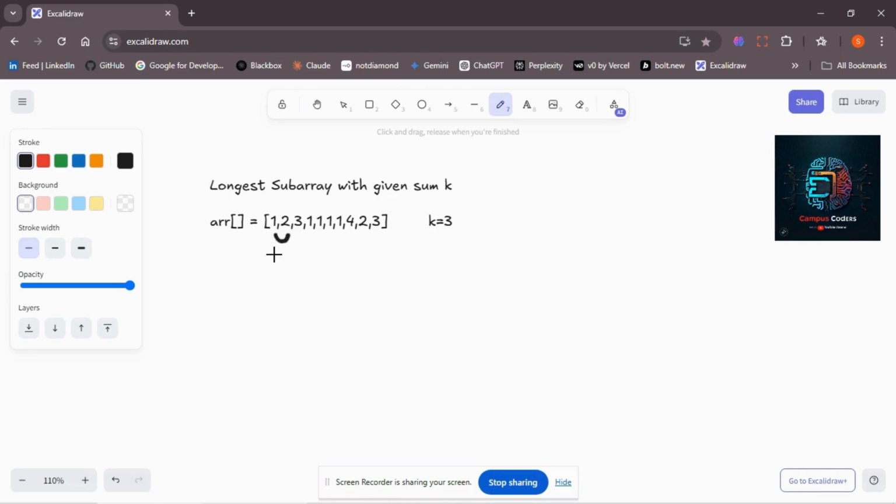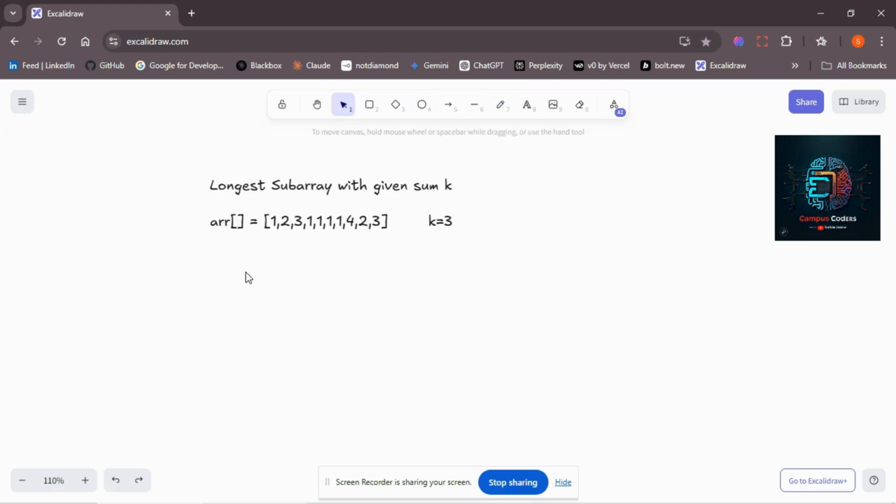Then 1 and 2 will be a subarray. 1, 2, 3 will be a subarray. 1, 2, 3, 1 will be subarrays. Likewise, we're going to find all the subarrays that start with this index. In a similar way, from the second index we can say 2, 2 to 3, 2 to 1, and so on. So there will be a lot of subarrays like this. So we can say that